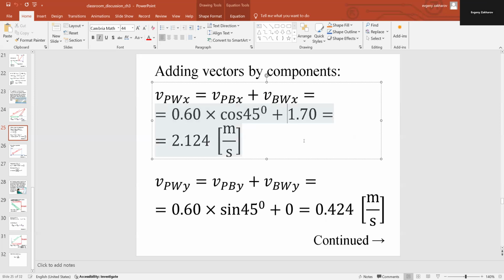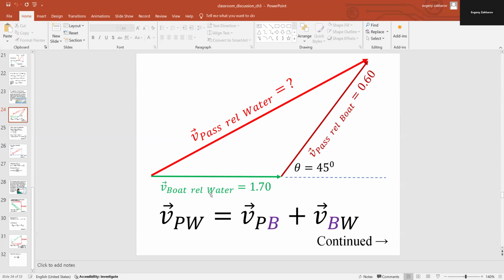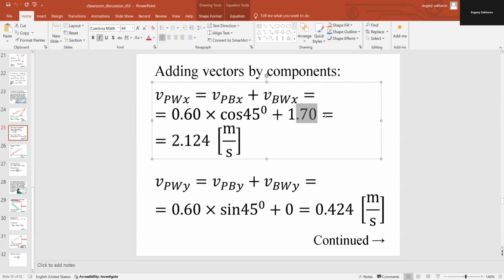Plus BWX. You can see that BW is just horizontal. So onto X, it is as is. No sine cosine, and it's a positive value because it has the same direction as X axis. So just as is, 1.7 added to the X component of the passenger with respect to the boat